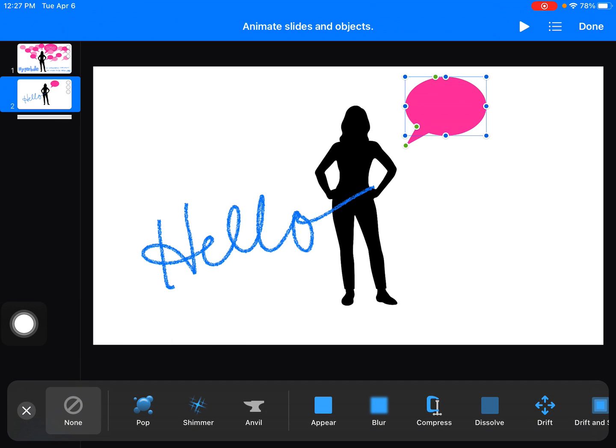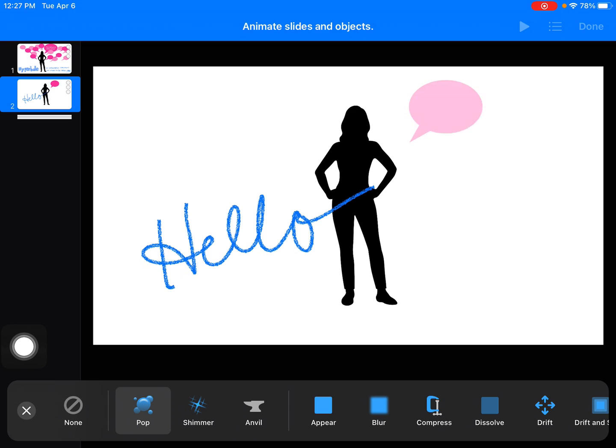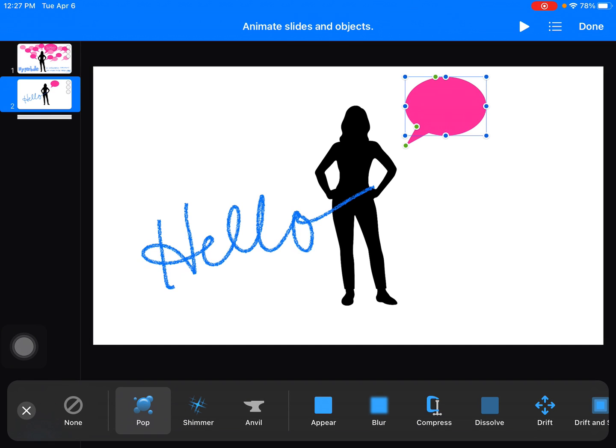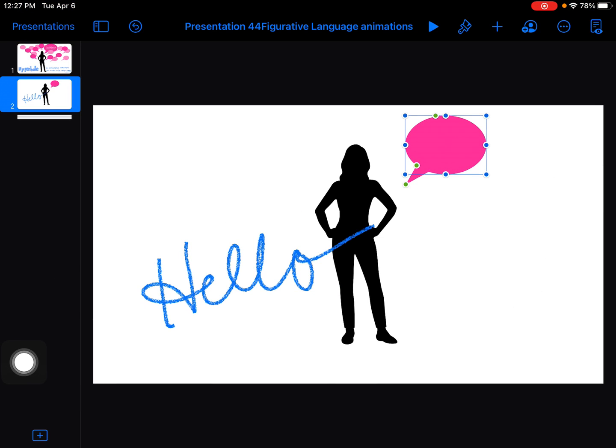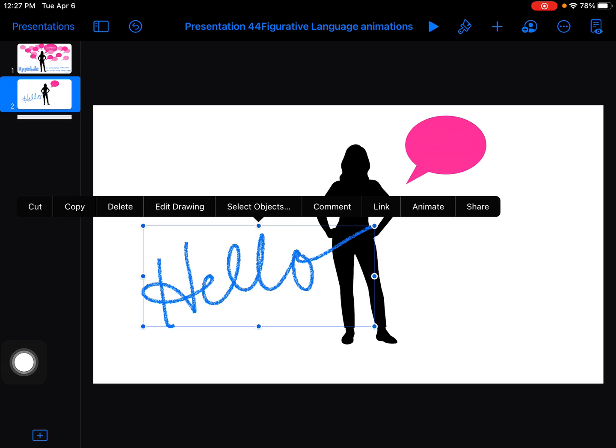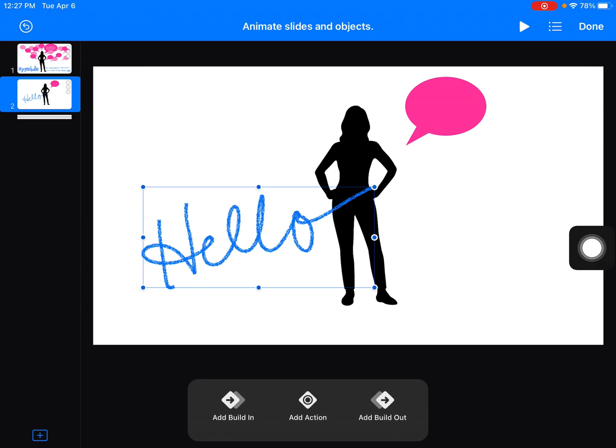I'm going to do a build in, and this one I'm going to select pop. So now this one is going to pop. And now let's go ahead. Don't forget, I have to say done in order for it to take. Now let's go select the third object, tap animate,